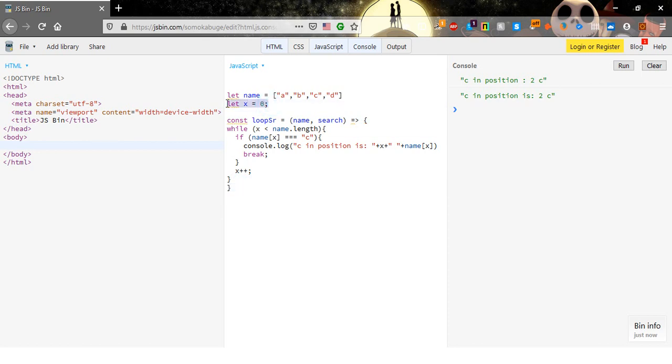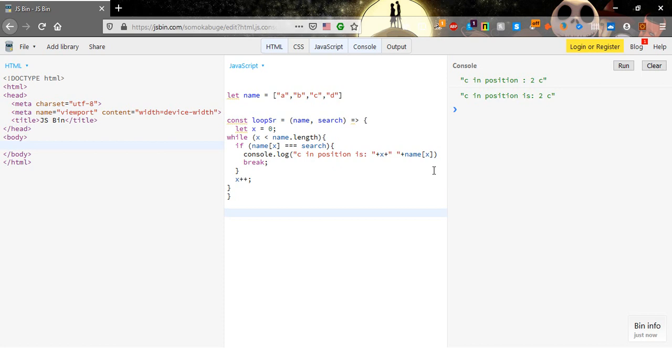After that I need to now have this inside my loop, and here name, and now I'm searching, or I will use this search in here. So now if I want, for example, to call this,